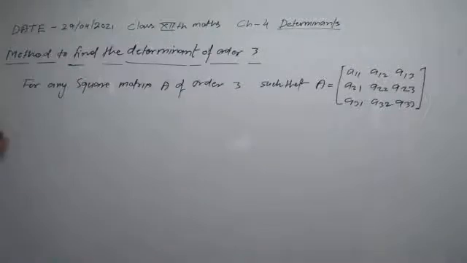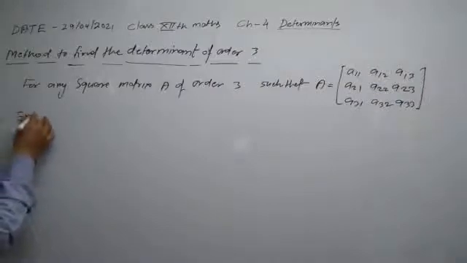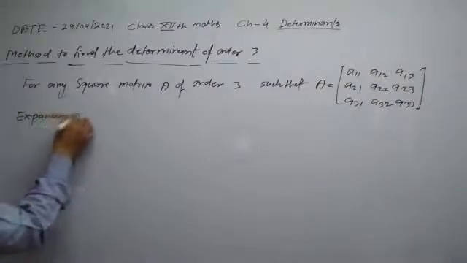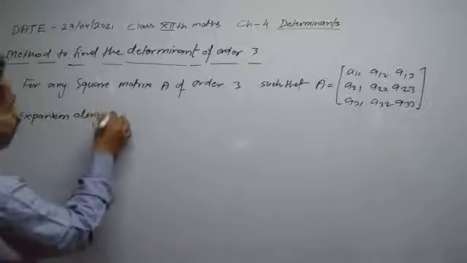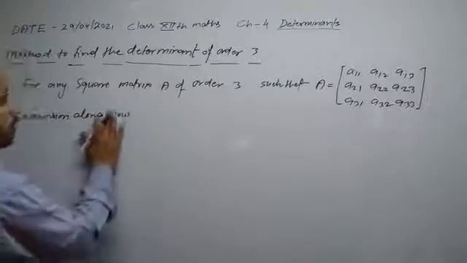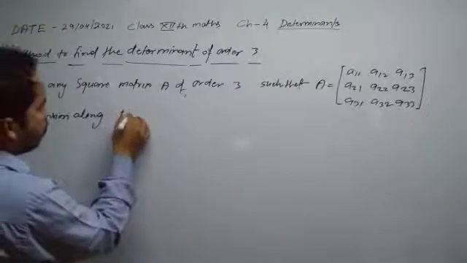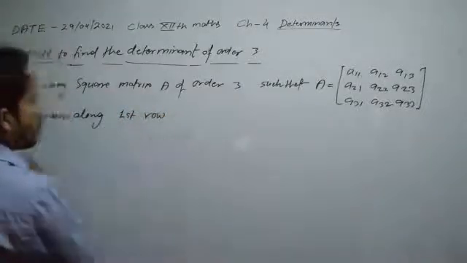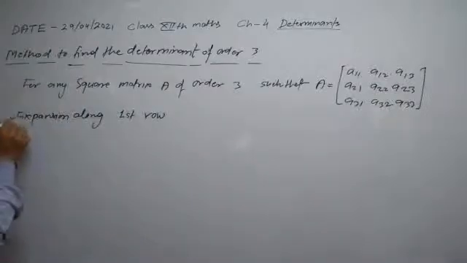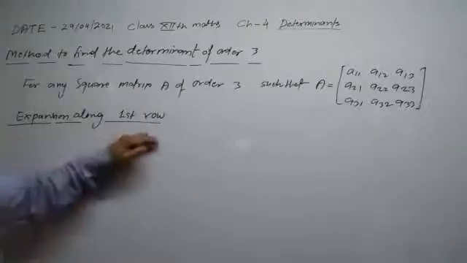First, I will find the matrix value using the row expansion method, means expansion along first row. Say student, expansion along first row,